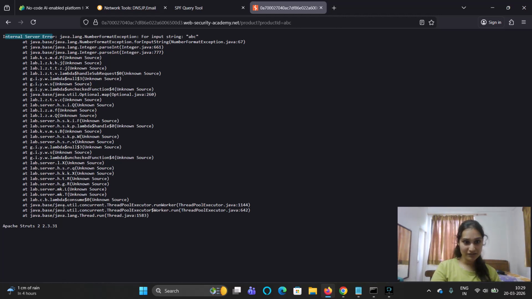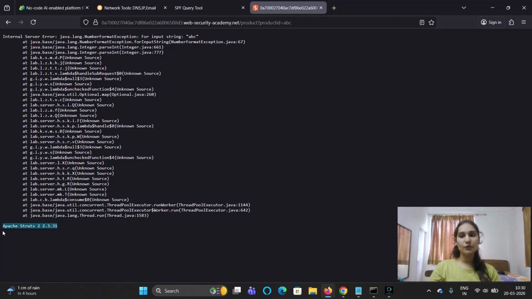And as you can see, there is one thing also mentioned: Apache Struts 2, version 2.3.31. So, guys, we got a version, but we don't know whether it is vulnerable or not. Maybe we have to look for something else. Maybe this third-party framework is actually correct, or maybe the third-party server we are looking for is at some other place. So we will check it out, guys.